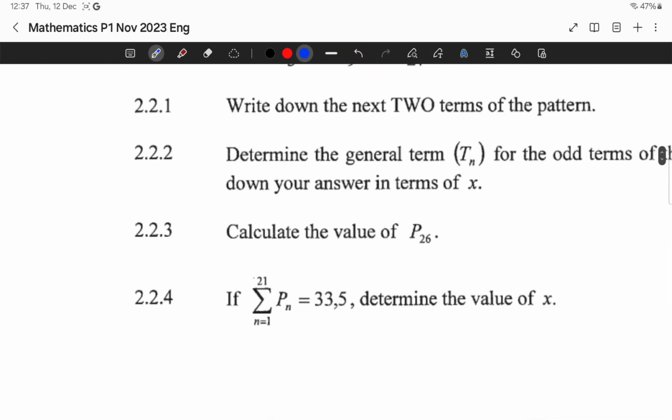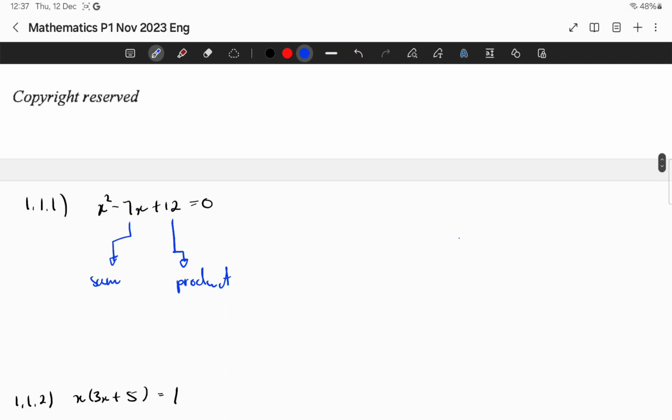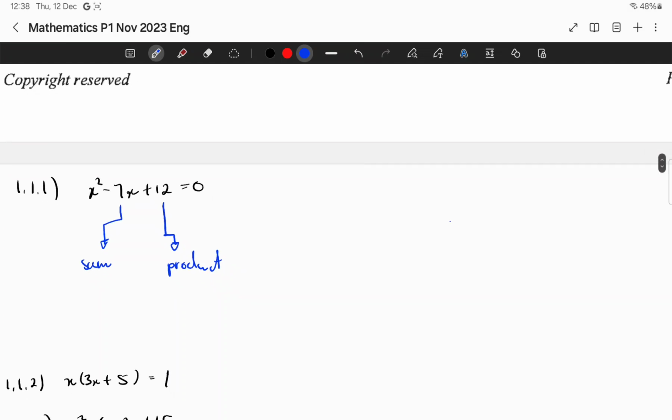And how do you solve these questions? The simplest method is to use what I call sum and product. Of course, there's the quadratic formula, which would give you the same answers, but there's a bit more computation involved there. So what you want to do is find two numbers whose sum is negative 7 and product